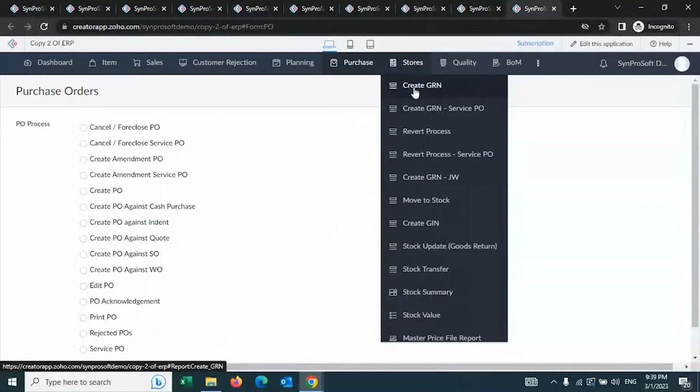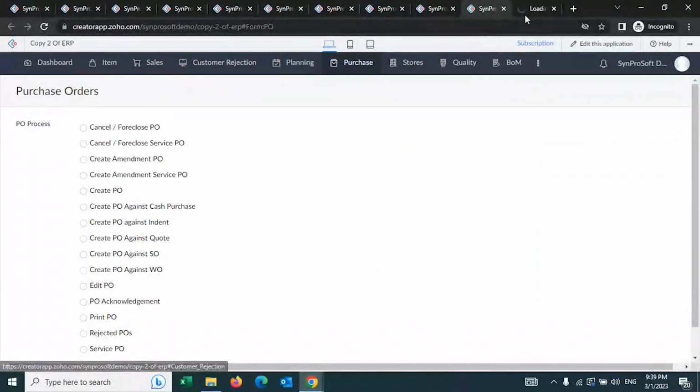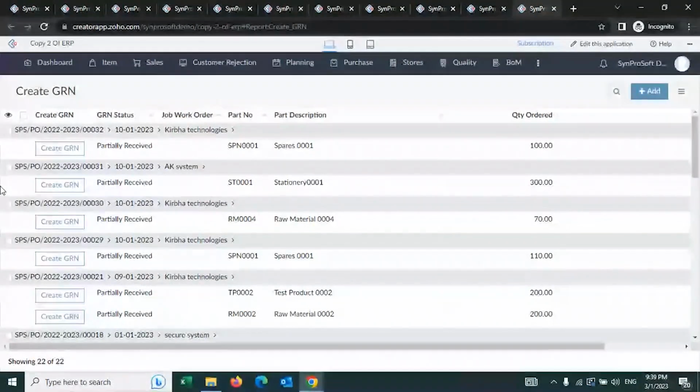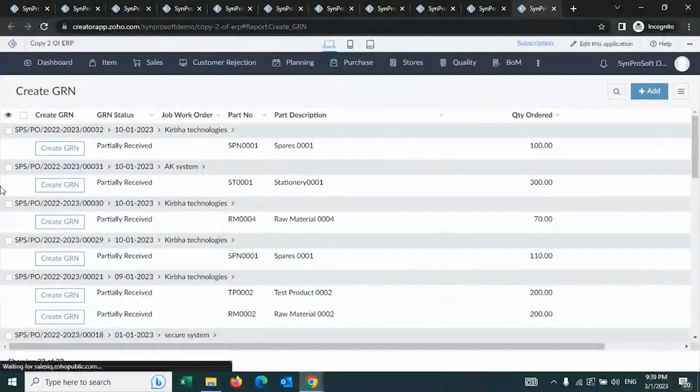Now, let's move to the stores module or the warehouse module. As soon as the purchase order is placed on a supplier, the system will route that to the warehouse management team. What you see is the warehouse functionality. It will come here and the warehouse person will be able to view all the purchase orders that are placed already, when it is due, all of that.